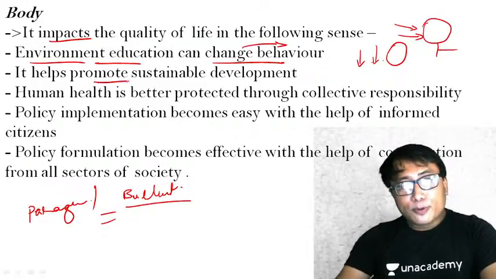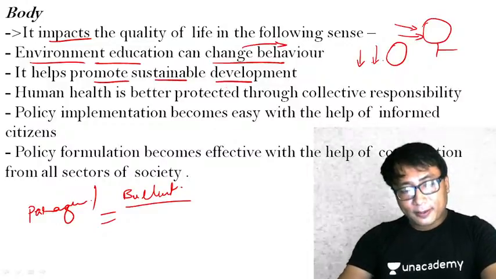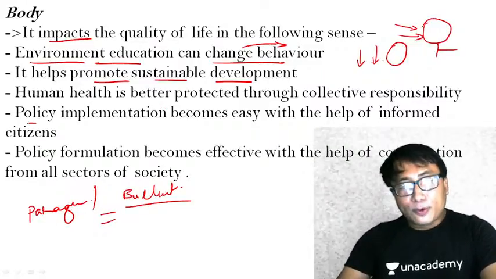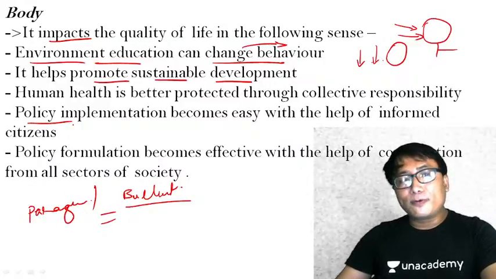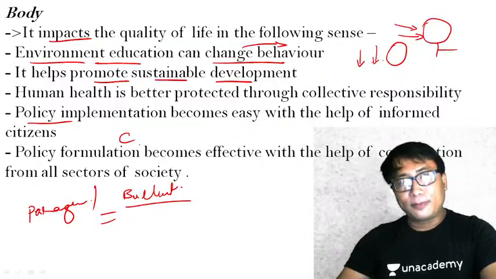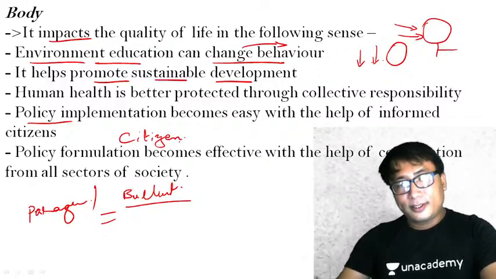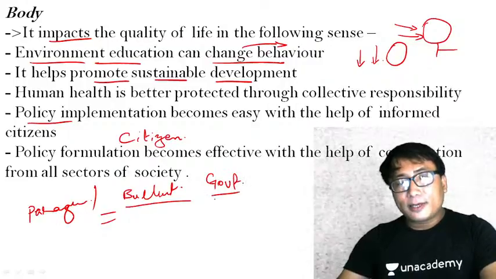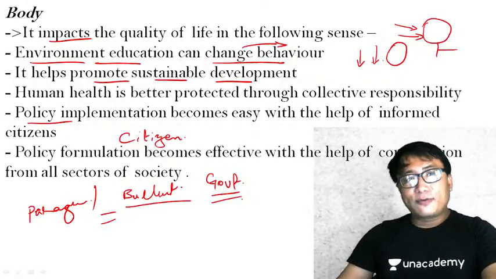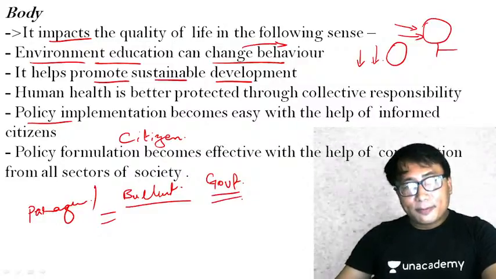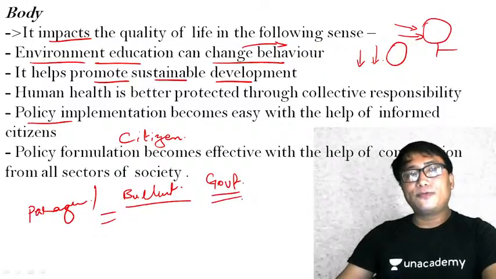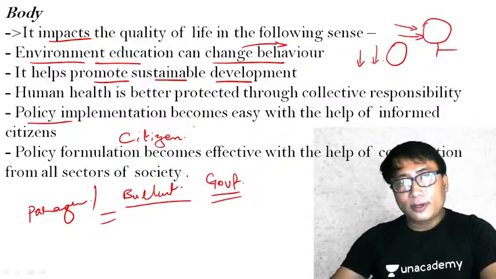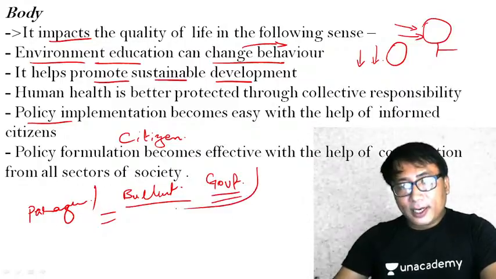Now, it helps promote sustainable development. Human health is better protected through a collective responsibility. Policy implementation becomes easy with the help of informed citizens. If the citizens are informed, quite aware, say for example, if the government of India comes up with environmental protection policies, like in Delhi we have this odd and even number system, or some very radical decisions, like only this type of cars should be there in the market, or some changes in our daily life,